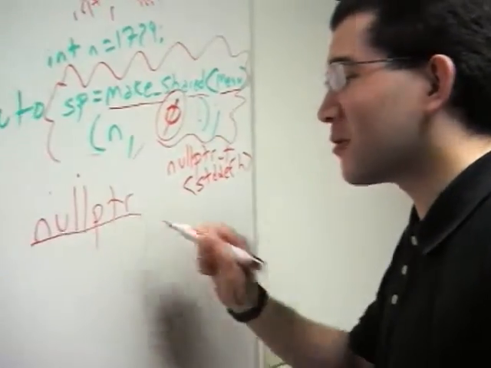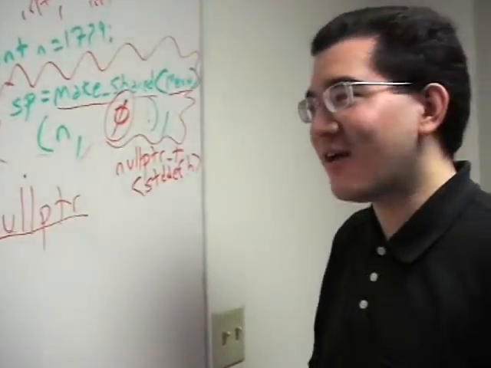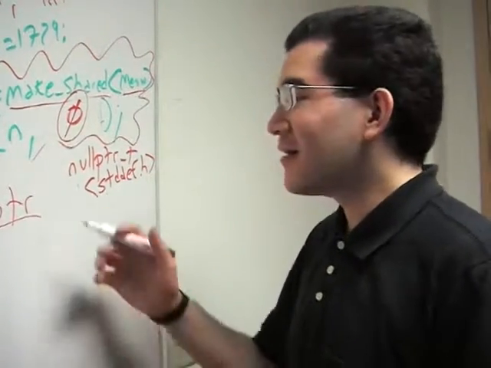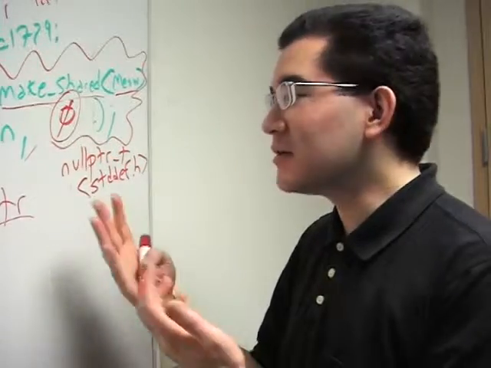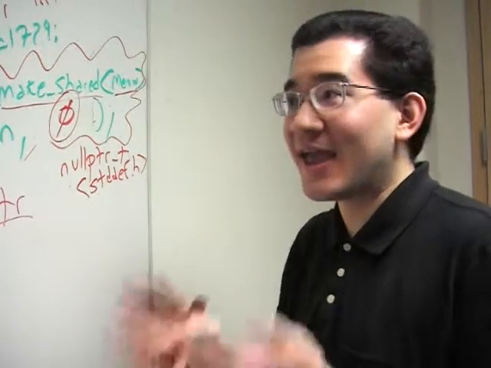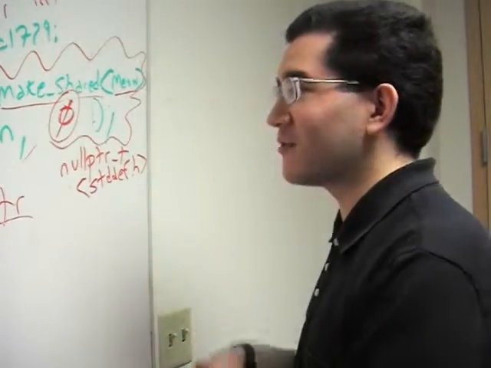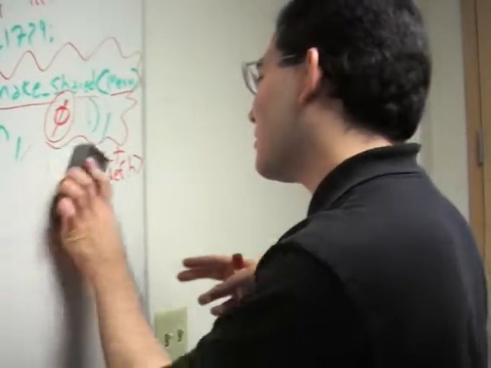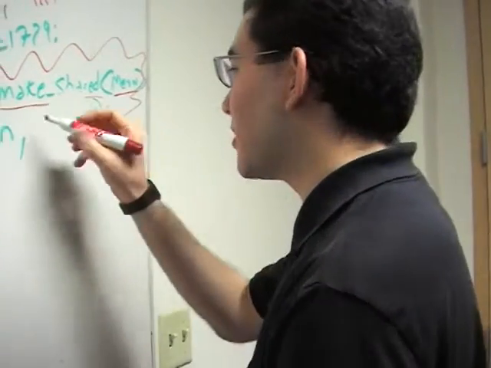So when you have nullptr, the story changes. The magic of nullptr is it's not really magical in and of itself. It just has the right type. It's no longer encoding the fact that it's a null pointer in its value. The mere type nullptr_t is enough to say, hey, I'm a null pointer. Go, convert me to a real double star or whatever. So if I call make shared, no longer exploding, with nullptr,